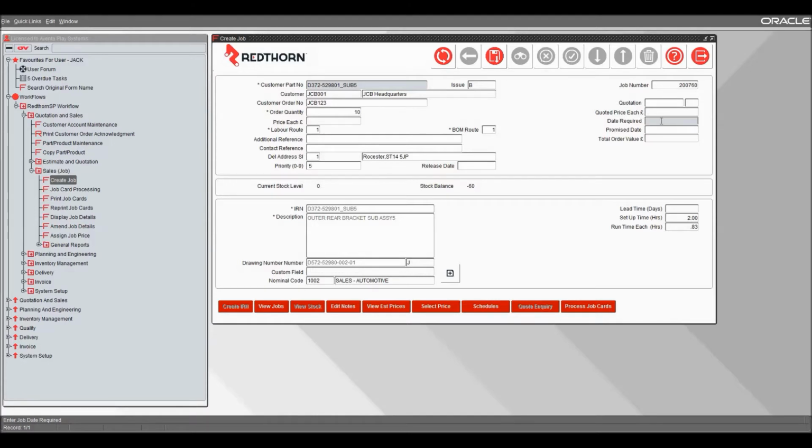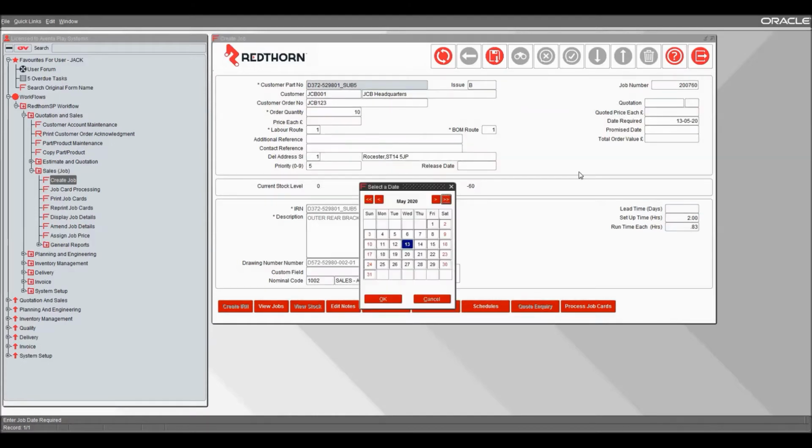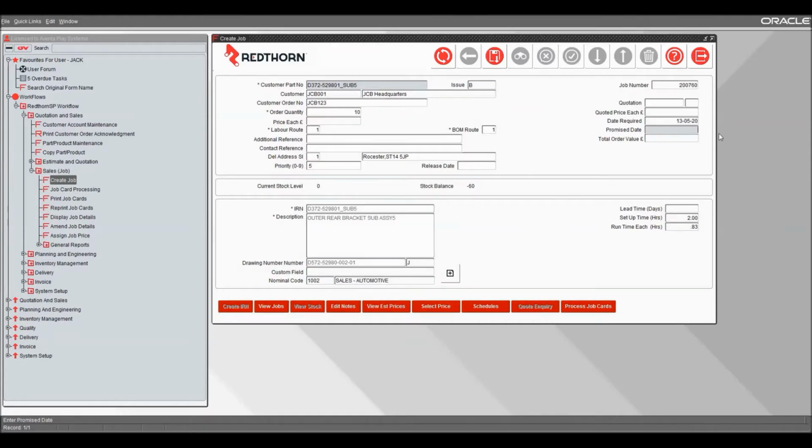It would default to 2 weeks in the future, which is my setting in admin. No, sorry, a week, which is my setting in admin. So I'm going to stick with that. And you can set a promise date, which will work with the scheduler, and this could be a promise date to the customer. If I keep tabbing, delivery address,